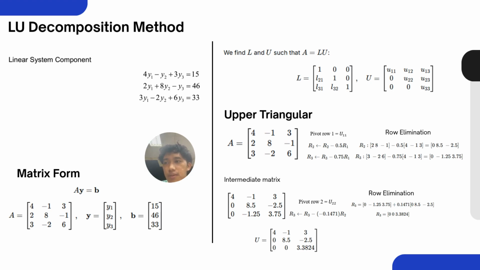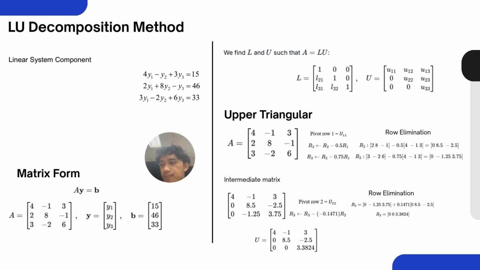Okay, now I will explain how we solve the linear part of the problem using the LU decomposition method. We are given this system of three linear equations, and first we rewrite the system in matrix form, which is AY equal to B, where A is the coefficient matrix, Y is the vector of unknowns, and B is the